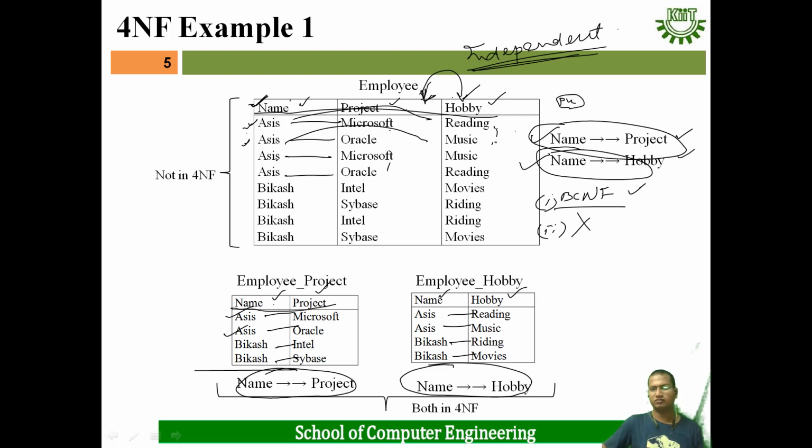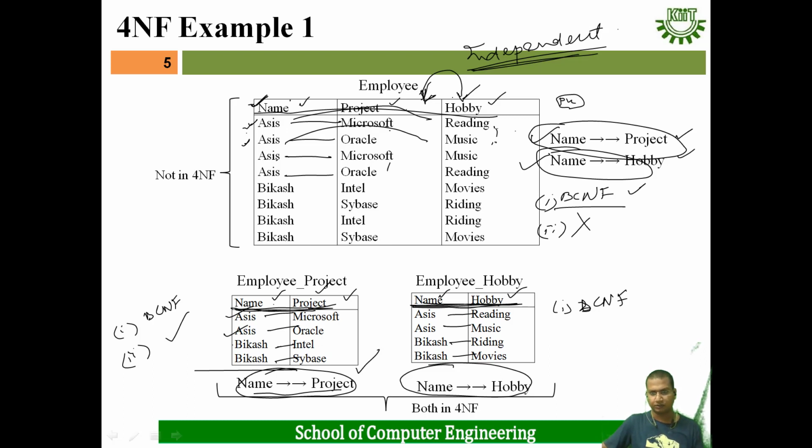That means name and project becomes the key in this table, and here name and hobby becomes the key of this table. Whenever all the attributes of a table constitute the key, then it should be in BCNF. That means the first condition is satisfied, and all the attributes are involved. Then the second condition we have to see: multiple multi-value dependencies are not present, only a single multi-value dependency is present. And whenever two attributes are there and a multi-value dependency is present, then there will be no problem. That means it is not creating a problem. That's why the second condition is satisfied.